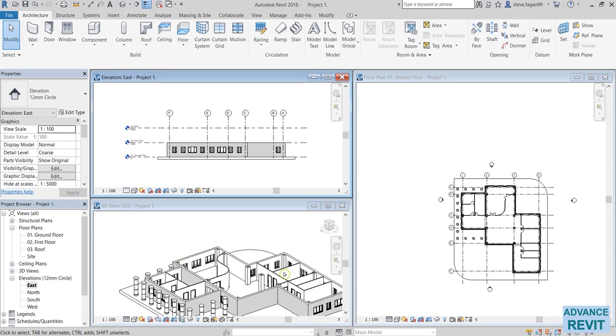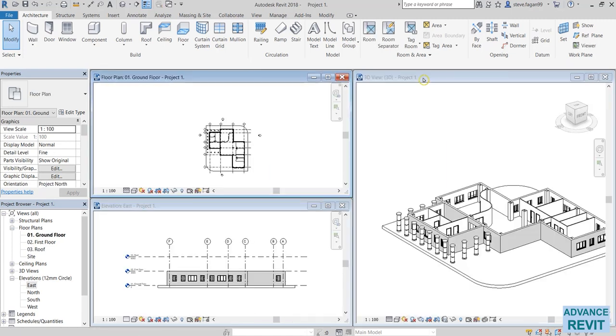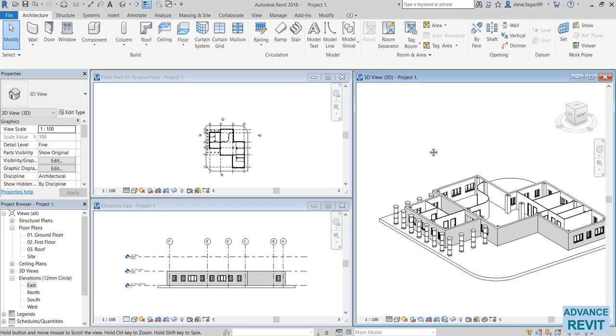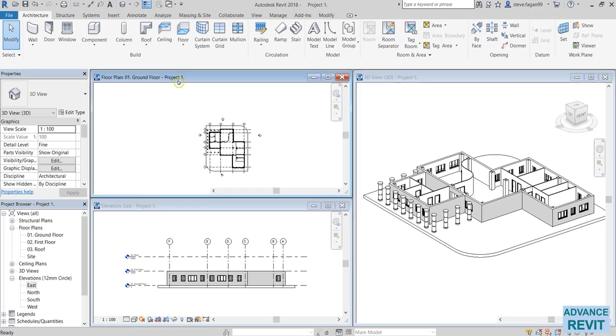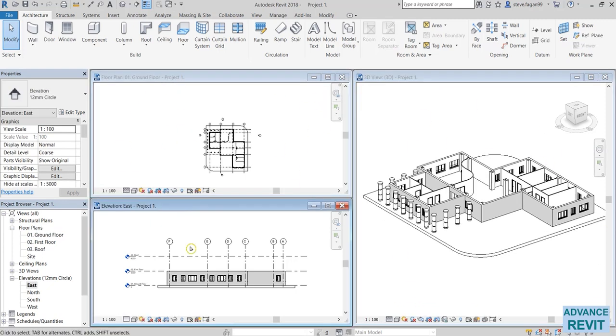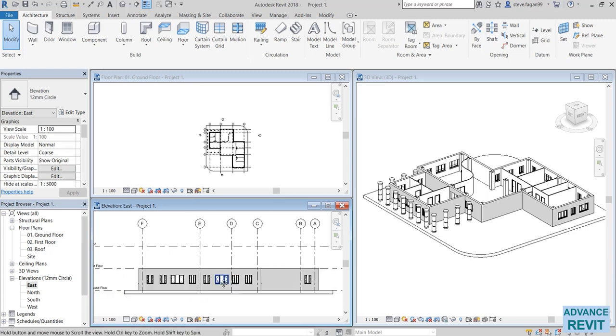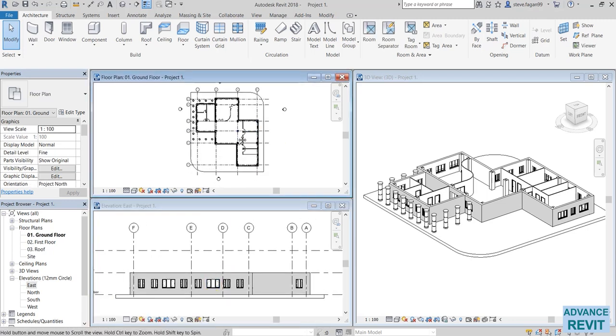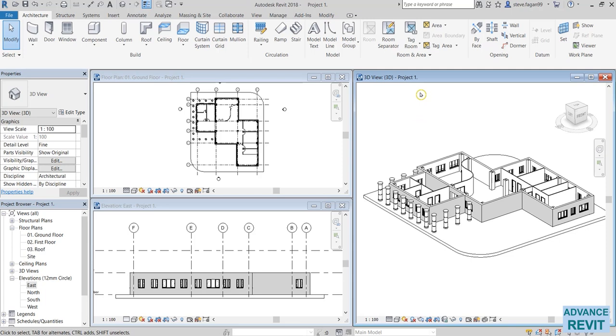So I want my 3D view to be on the larger side. So to rotate my views, I'll select the heading, WT. If the view you want isn't in the correct location, again, just selecting the heading and WT. So there's my 3D view. I have my ground floor plan and my east elevation. So I'm going to work on my 3D view as it will be easier to demonstrate what I'm about to